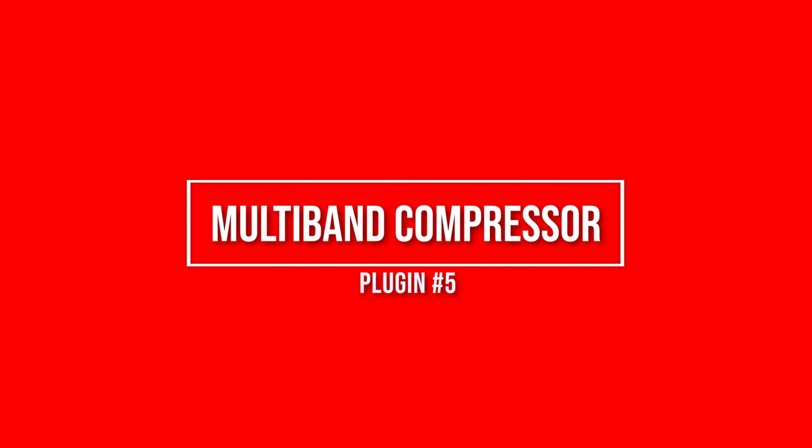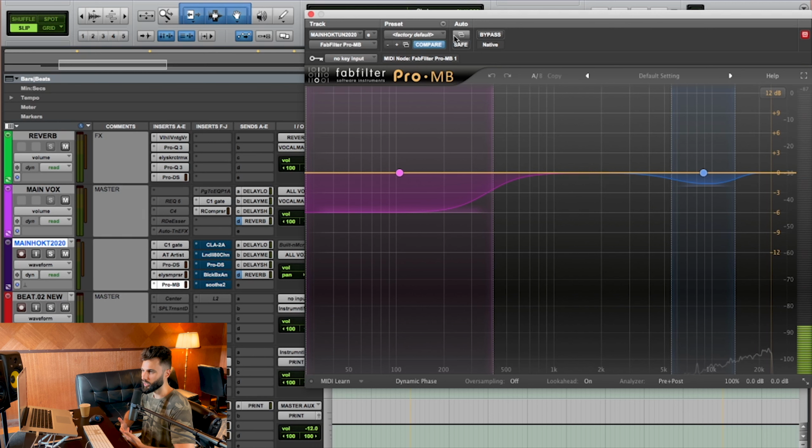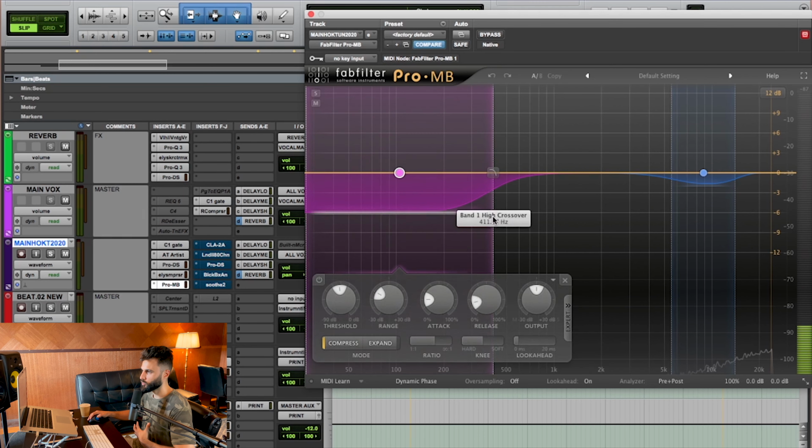Now, the next plugin in the chain is a multiband compressor plugin, specifically the FabFilter Pro MB. I love this plugin. I think it's very versatile. And similar to how you may have seen me using it in other videos, I'm essentially using it to reduce particular problematic areas. In this case, we're looking at about 411 hertz and below, so the low end, a lot of the muddy area. Getting rid of that to add a little bit more clarity to the vocal,